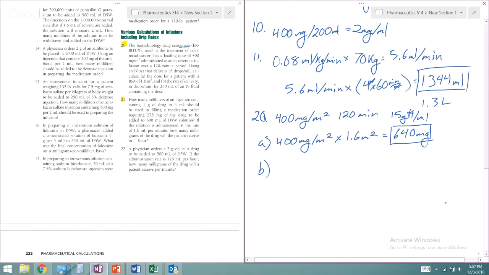So we do 250 ml, and we have 15 drops a milliliter. So that cancels that out. And then we want to know how long it is. So we need to divide it by 120 minutes to find our drops per minute. So then you find that it is 31.25 drops per minute, but you have to round this down to 31 because you can't set an infusion set